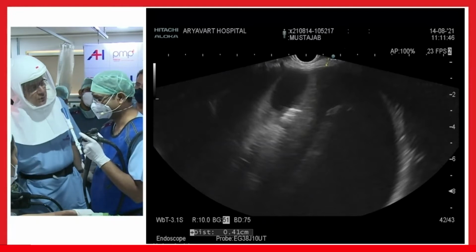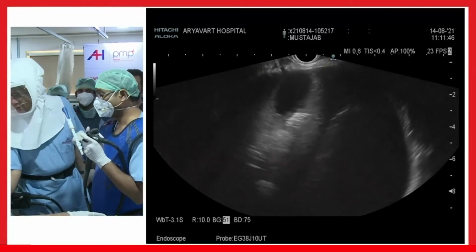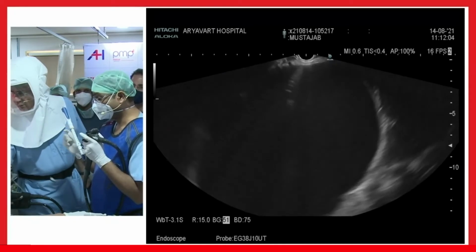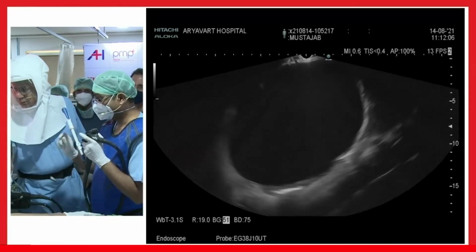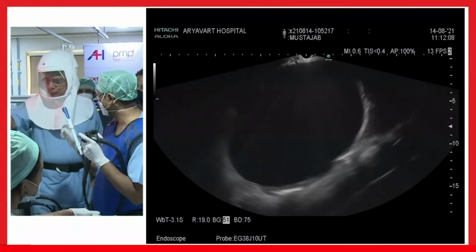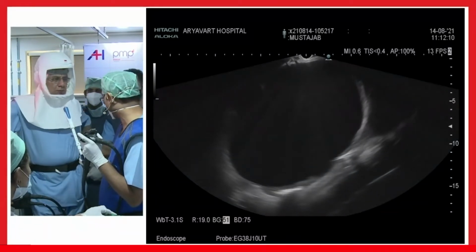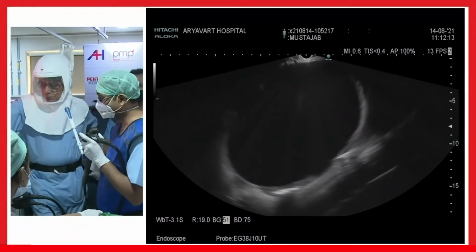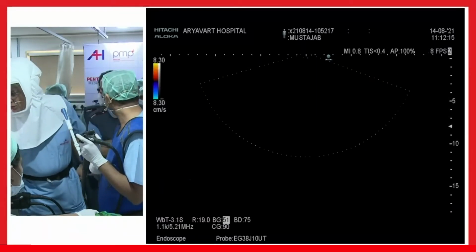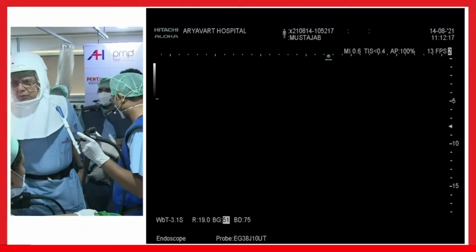What is the maximum thickness at which you will not be feeling comfortable? Usually more than 1 centimeter, that you have to think of. You have to choose the wise position where the thickness of the wall would be less than 1 centimeter. More than 1 centimeter, you will not. Of course you can go if there are no vessels.